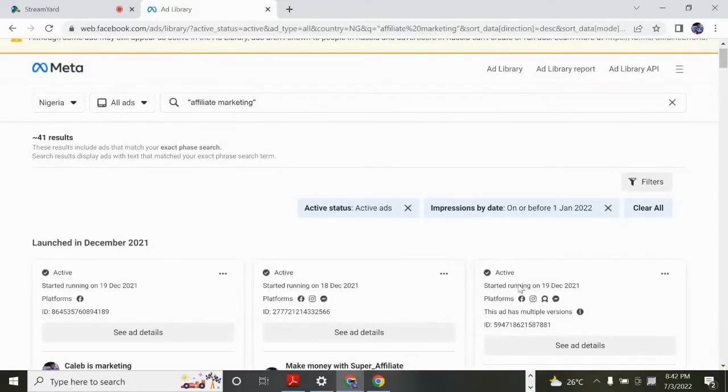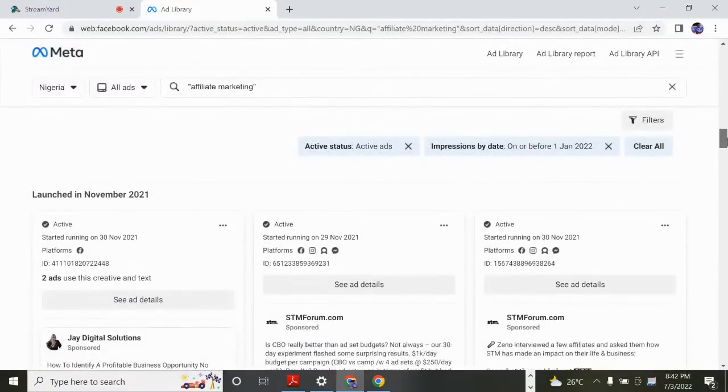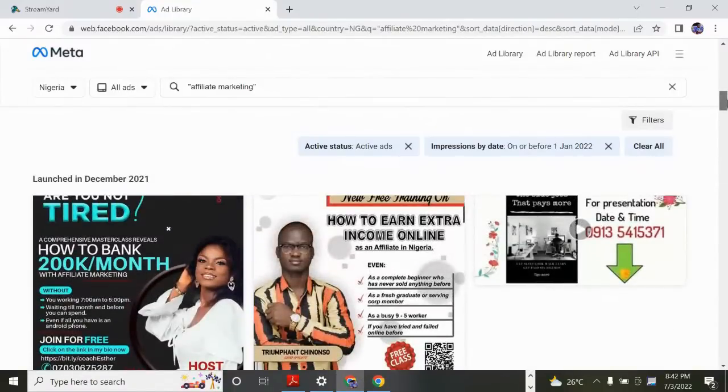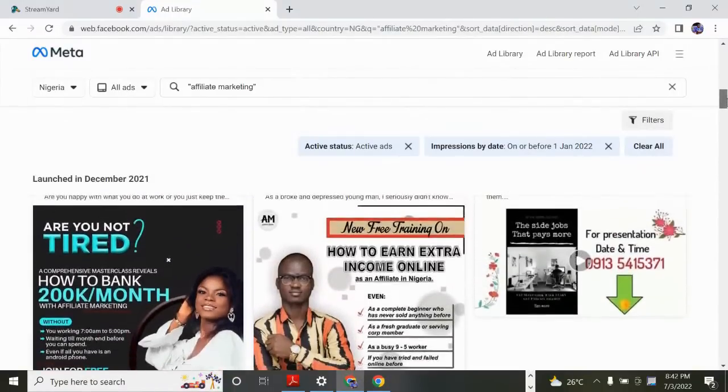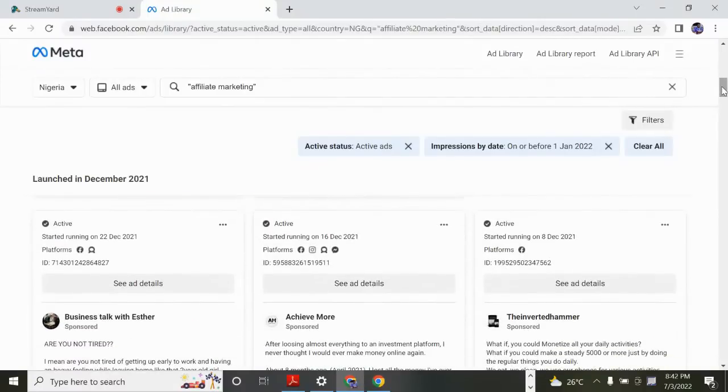All right. So we are looking at ads of people in affiliate marketing. Ads that have been running since on or before January this year. What we're seeing here are ads that have been active since December last year till now. The reason I searched for ads that have been active from January down, that is January, December, November and all that,